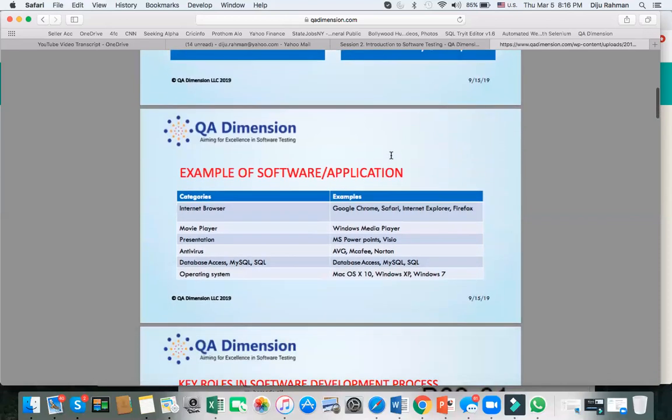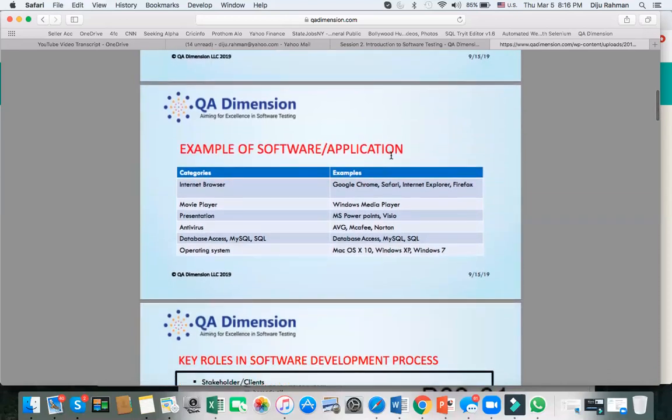Okay. So next we will look at examples of software and applications. If somebody asks you to name some software, like what is known as an operating system, which operating system are you familiar with? This is a very common question. Or what type of internet browser you have, or what type of movie player do you have in your